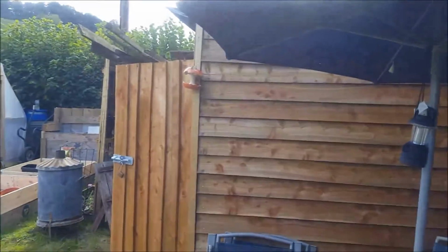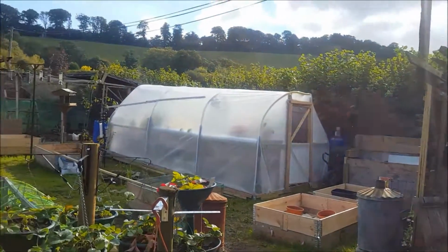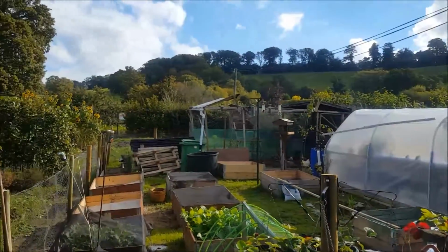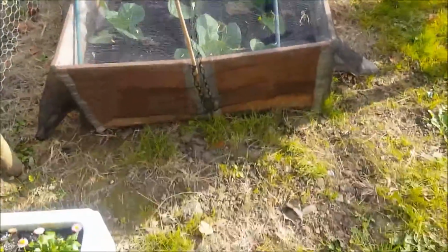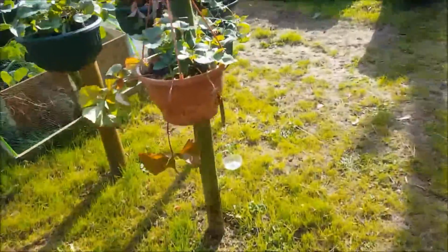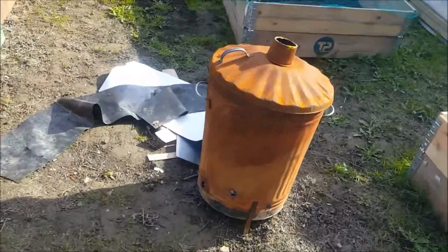So this is our allotment. If I stand in this corner, give you a bit of a view. There's the side of the shed, all the way around for the polytunnel. Chickens up there. Comes all the way down to here. So we're happy. Hopefully, not this time next year, but in the summer next year,